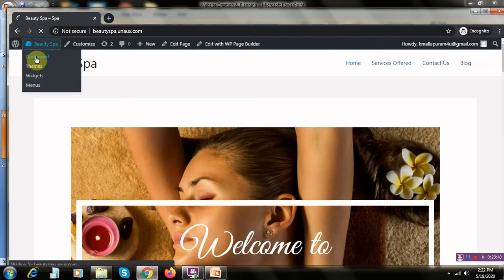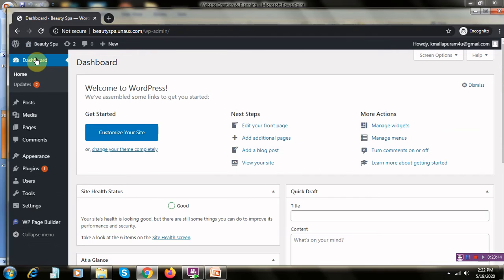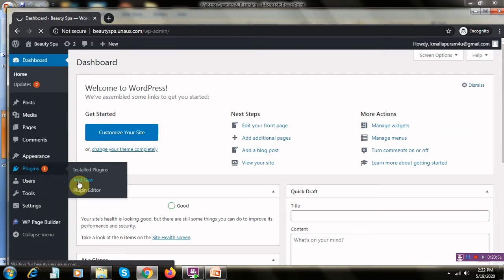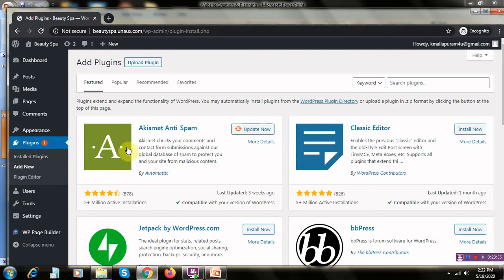So now how to add a WhatsApp account to your website is something that we will be looking at. So go to the plugins, install plugins, add new plugin. So search for the WhatsApp option.